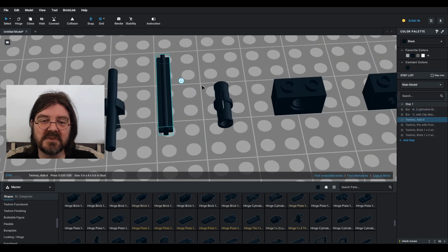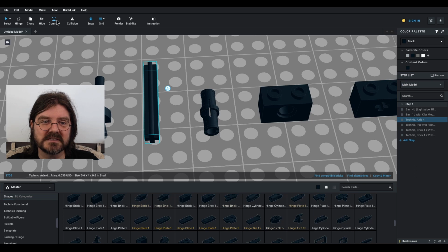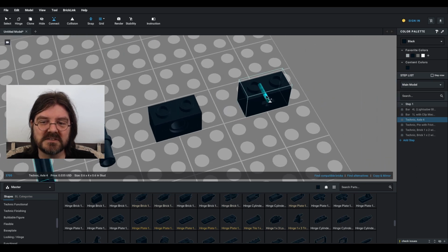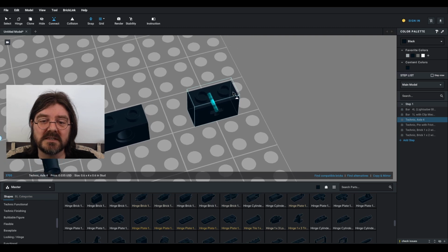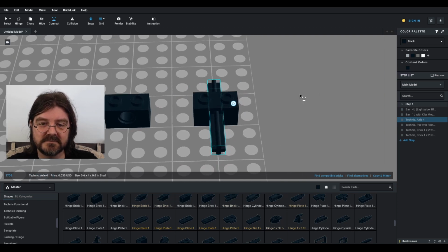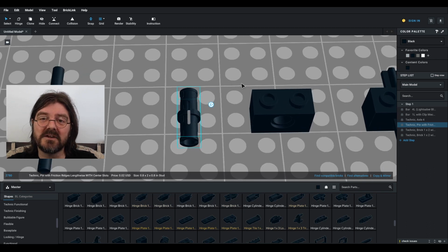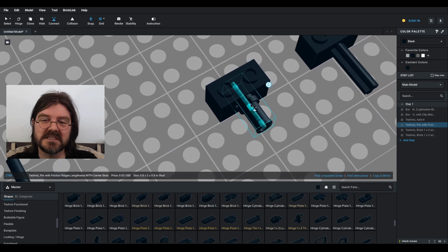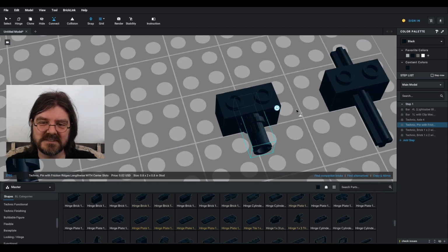The axle is the same thing. We can click on the axle, click on the connect tool, where we want the axle to be, and then where we want our axle to go within our brick. You can do the same thing with a pin. I know it's an illegal technique, but you can put a pin in only a little ways into the stud hole, so leaving a little bit exposed.